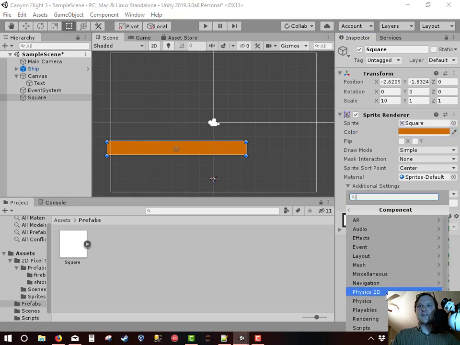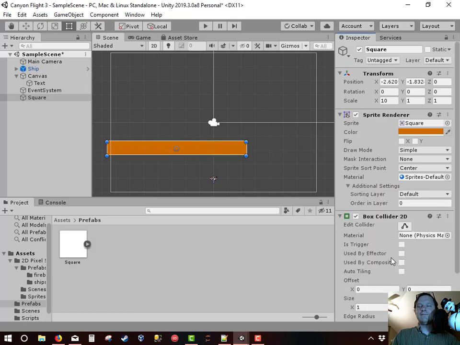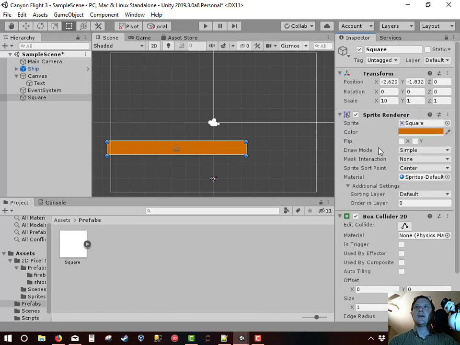We're going to go to Physics 2D, and then we're going to add a box collider. I'm not going to worry about it being a trigger, and I'm not going to add a kinematic rigid body to it. So we're just going to leave it as a box collider. Okay. I'm also going to come over here, and I'm going to rename my square